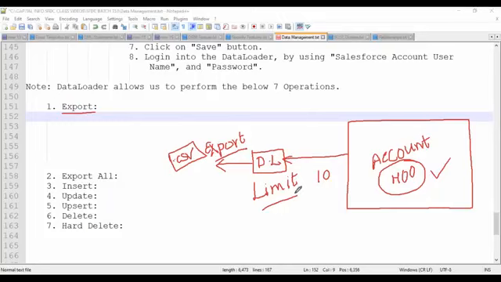Even though you might have performed thousands or hundreds of transactions, it won't show all. It provides only the recently performed 10 transaction details. That means they have indicated: don't show all, please show only the recently performed 10